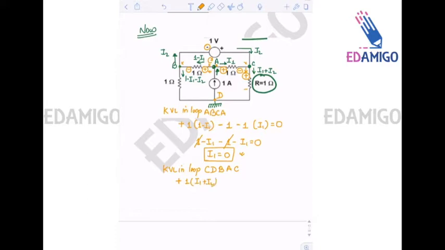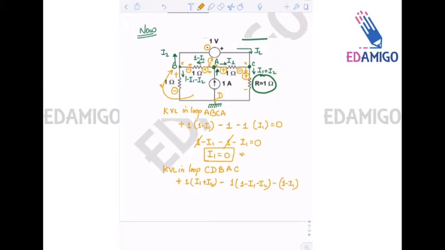Okay. Now from D to B, since current is flowing from top to bottom, plus will be at the top, minus will be at the bottom, as I have already shown here. And while moving from D to B, we are entering the minus terminal, so it is minus resistance value 1 into I1 plus I2. Moving from B to A, we will encounter minus first, so it will be minus 1